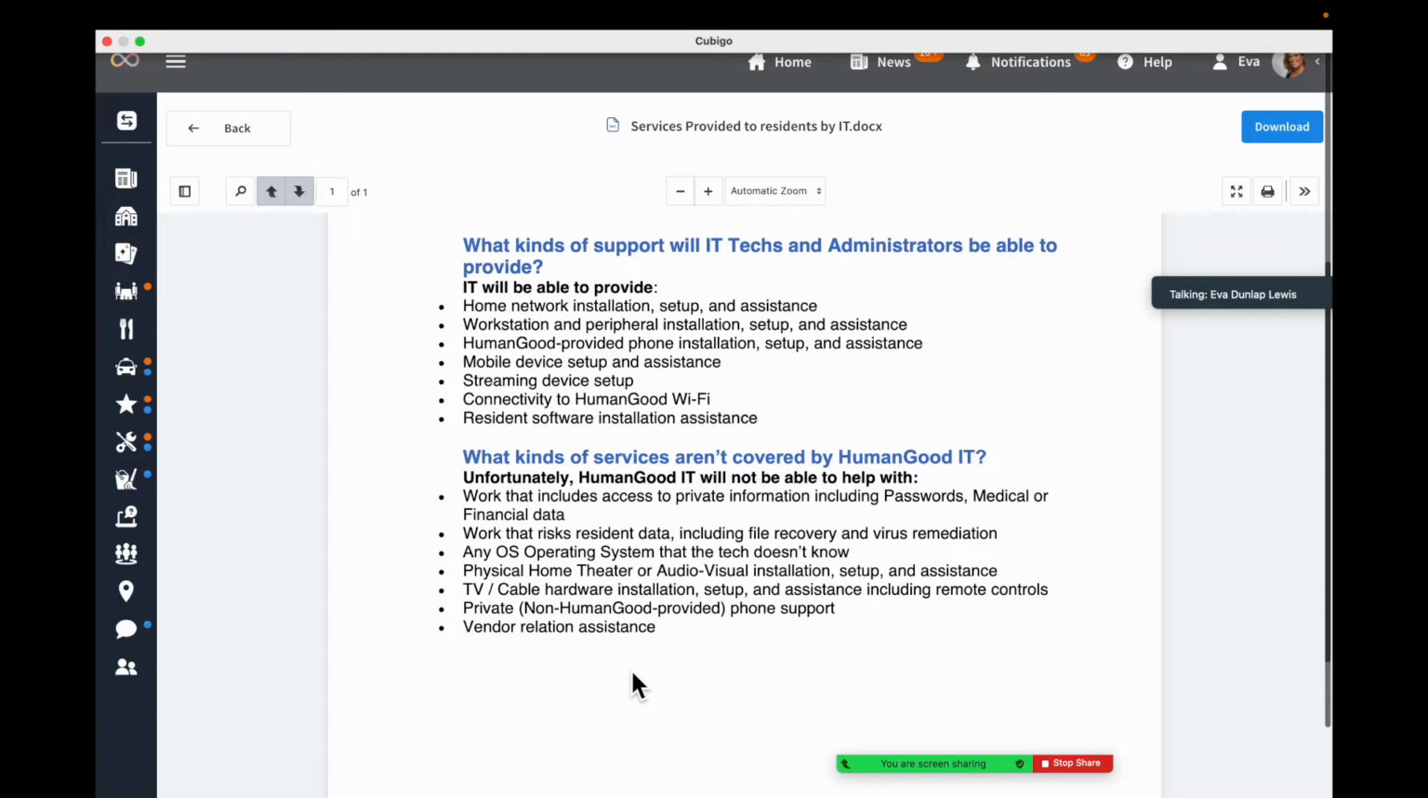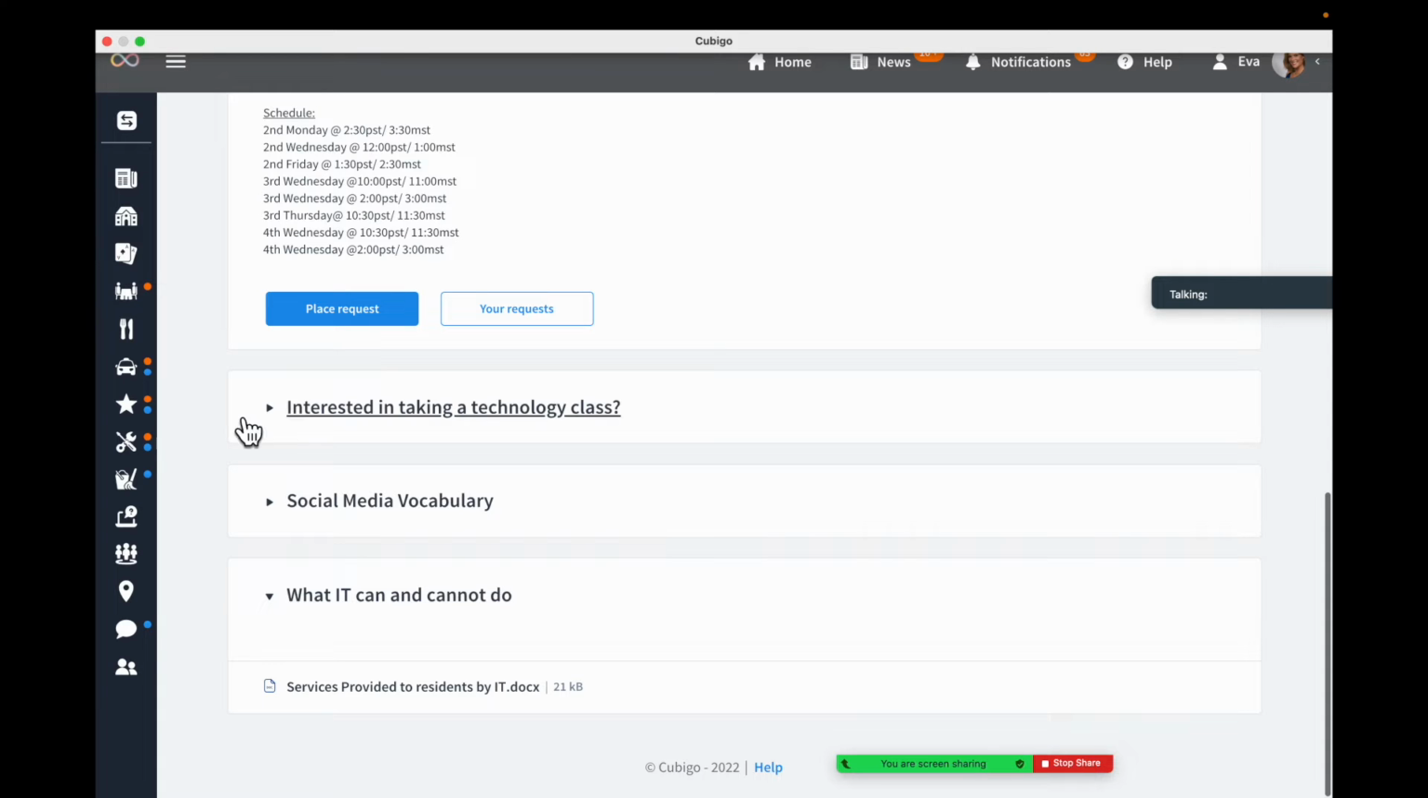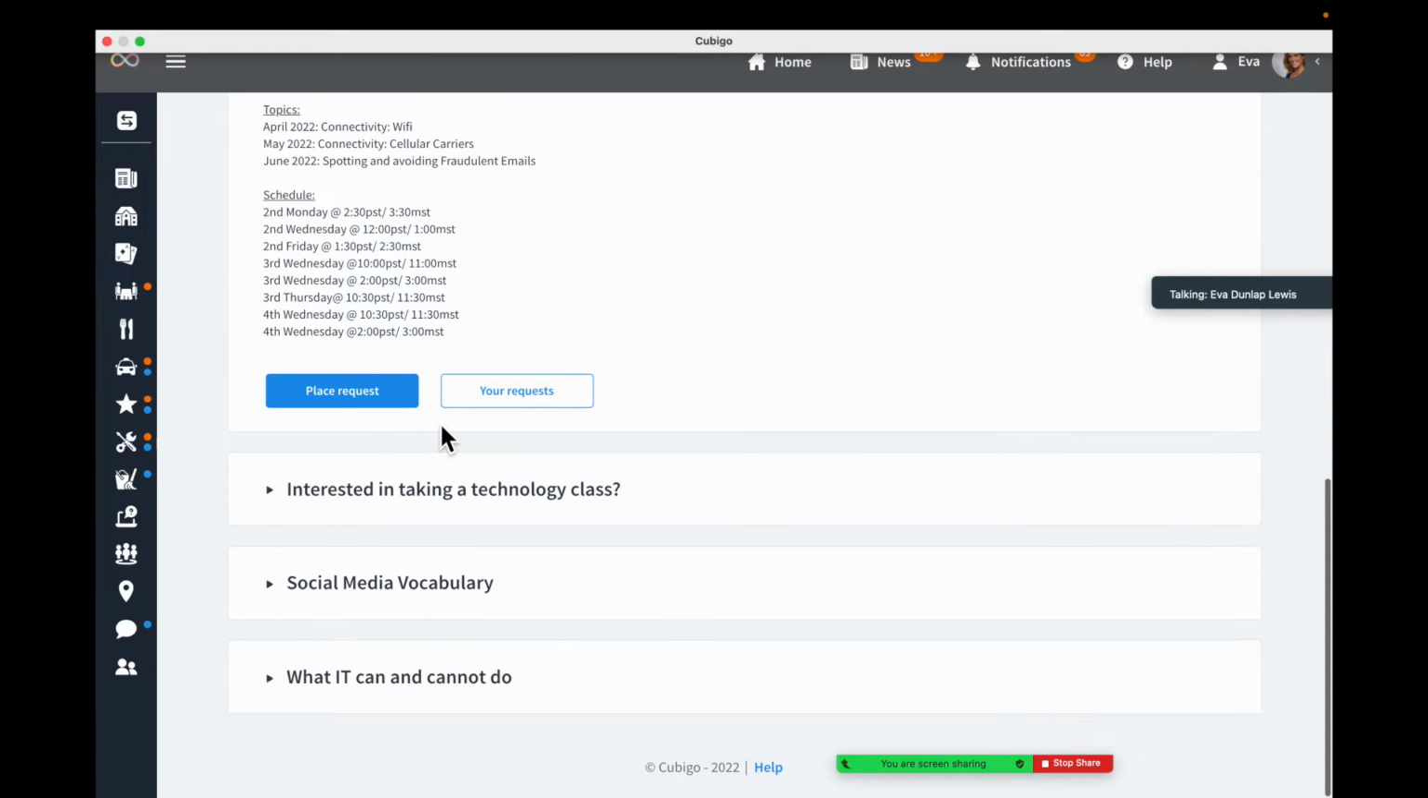Are there any questions on this before I move on? No. Okay. To leave this attachment, I'll go back to the back arrow in the top left. And I'm back to the main page of IT support. I got here from the home page of Redwood Terrace Connect. I just clicked the IT support cube and it took me to this page